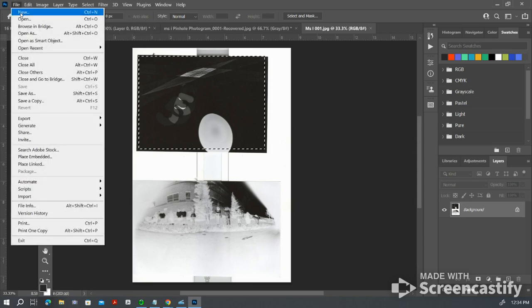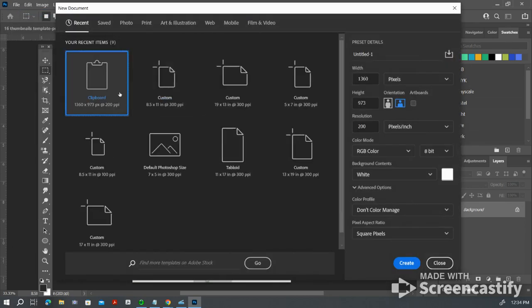So I'm going to go to the File menu and create a brand new document. I like these to be 8.5 by 11 because they'll fit our smaller prints pretty well. And I'm going to type in that this is my own negative positive file. So I just abbreviate with neg positive. And everything else I'm going to leave the same, like my resolution, and I'm going to leave it in full